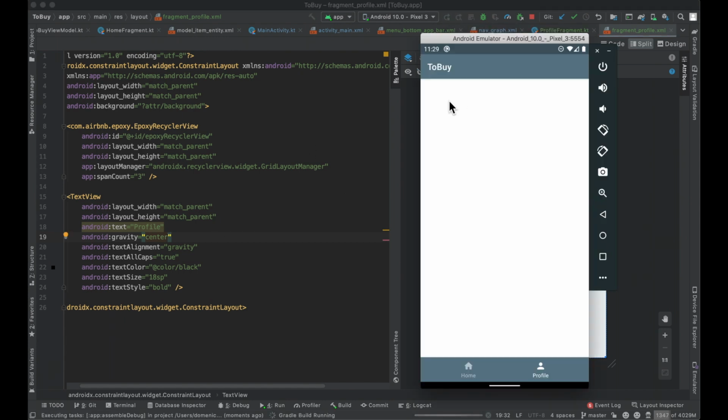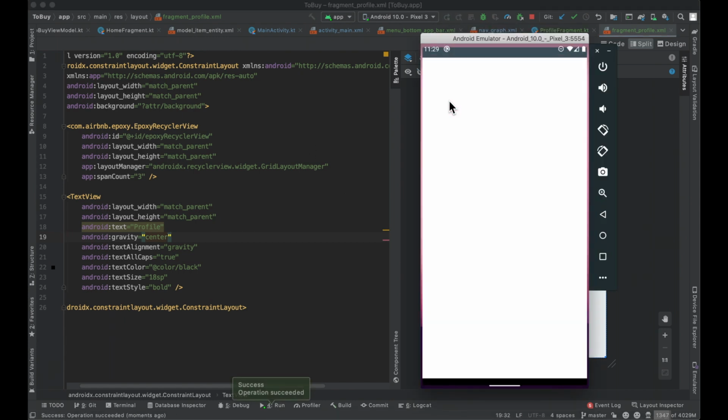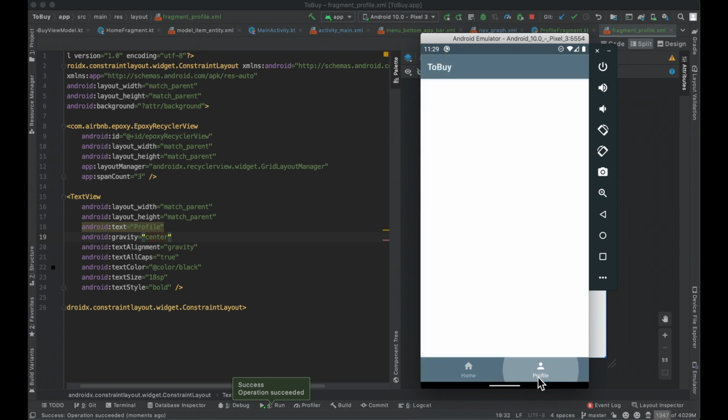And so then if we go ahead and rebuild all of this, we will see